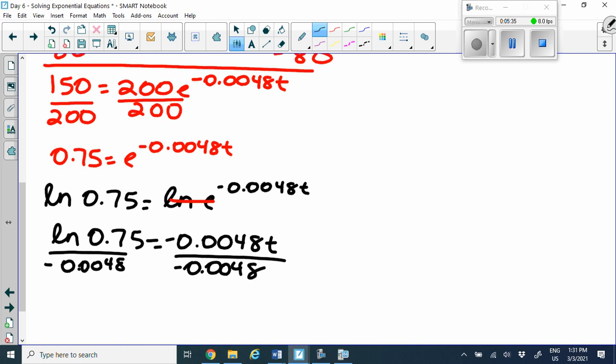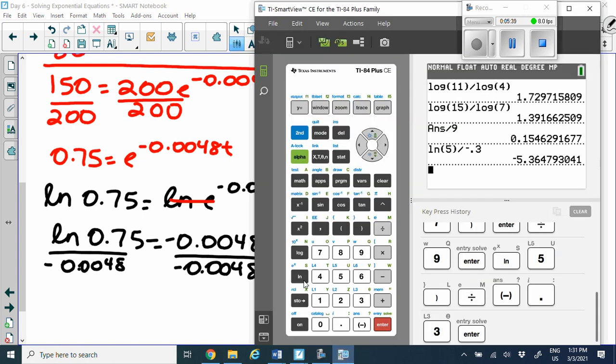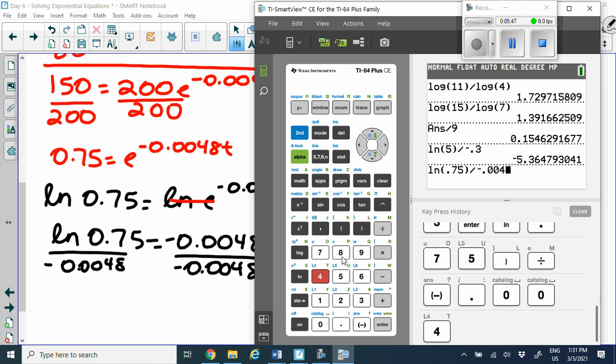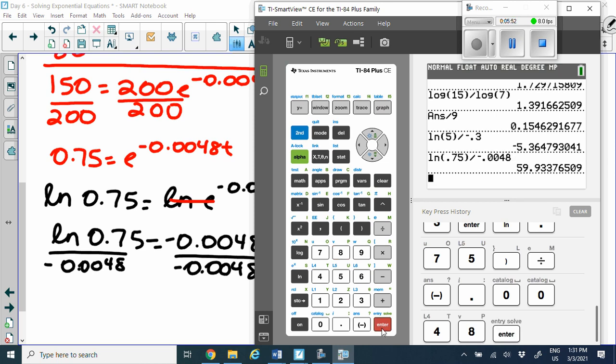Okay, now we're just going to plug this into our calculator. So I do natural log of 0.75, and then divided by this value of negative 0.0048. There we go. I get about